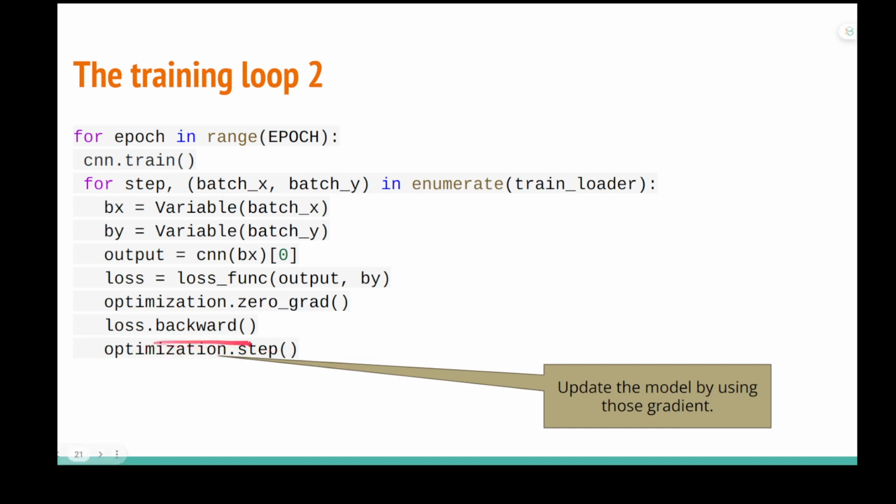Till now, after this statement, the parameters inside the model have been modified by the optimizer. In the optimizer we have specified the learning rate, so it modifies the values of the parameters a little bit according to the loss.